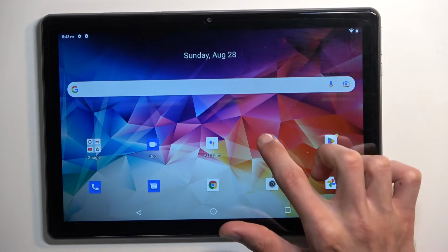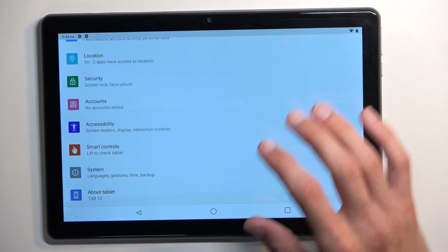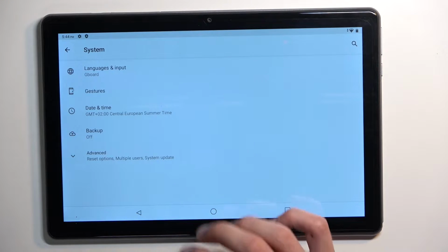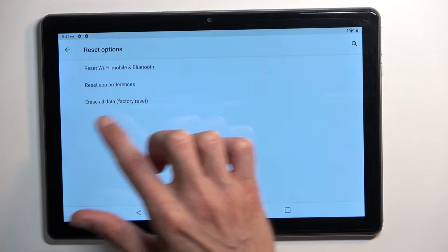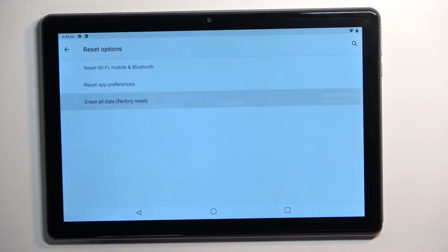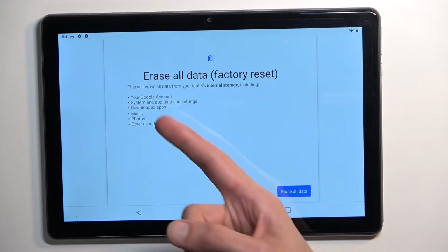So to get started, I want to open up settings, scroll all the way down to system, select advanced, and then select reset options, where you'll find the option for erase all data, factory reset. When you press on this, it will give you a message that basically performing this removes everything that is listed